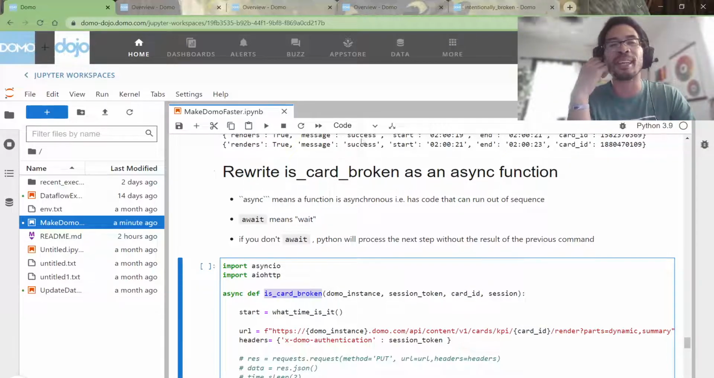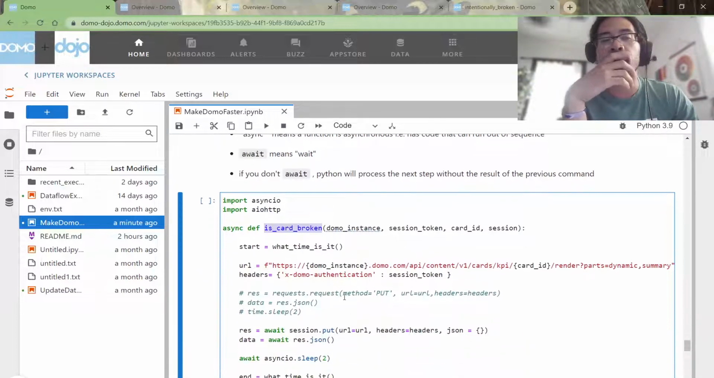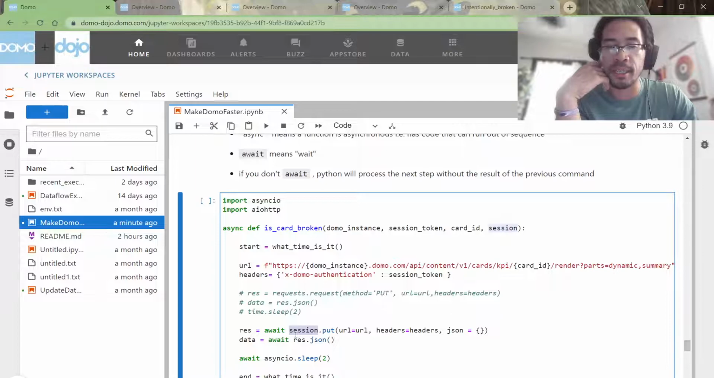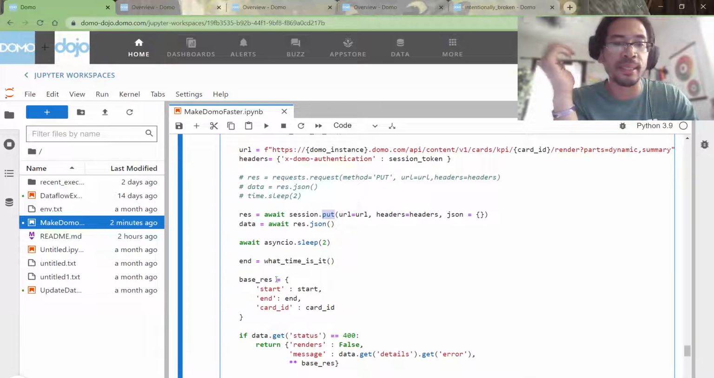I don't have to wait in between to start the next task. I can do something else with my free time. Okay. So we have a lot of similar stuff going on in here, but this time, instead of using the request library, I'm using AIO-HTTP's session to send my put request. Everything else about this is the same, except for I have the keyword await